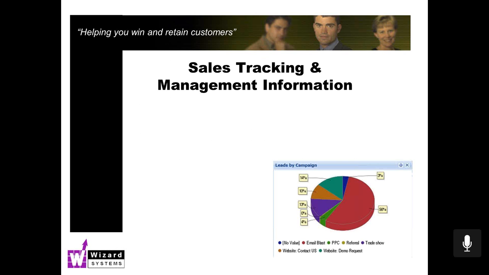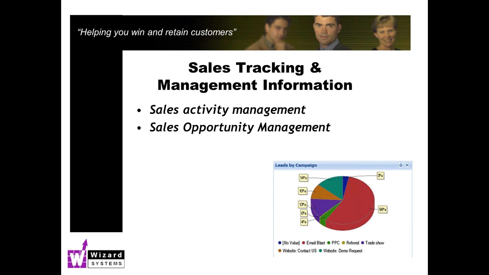Last slide now before we dive into the demo. So putting your manager's hat on. With Workbooks, we've got a great way of managing all of these activity levels. So finding out how many leads are coming in, how many calls we're doing, how many appointments we've got. Of course, as I mentioned already, with the opportunity tracking, how many potential sales have we got coming up? What orders are we going to get in February? What business did we win in December? So we can find out all of that information very easily.